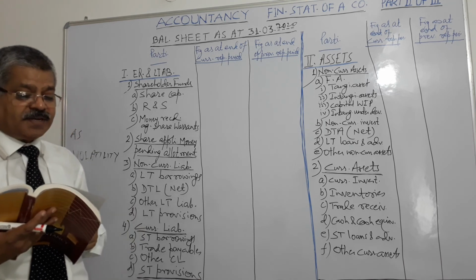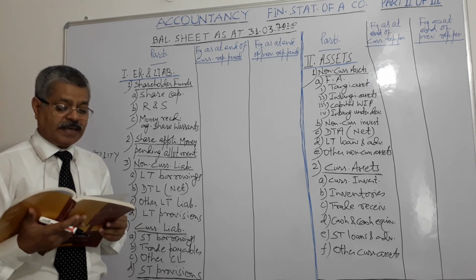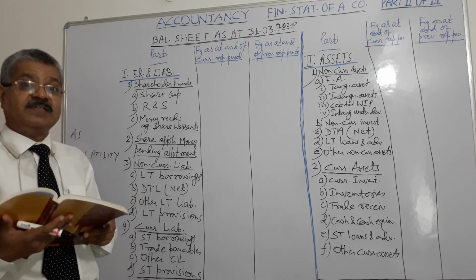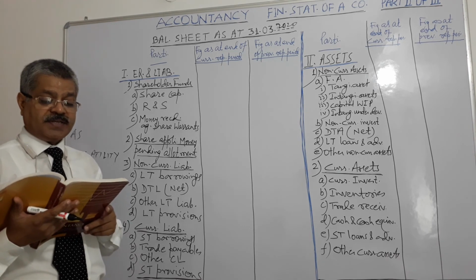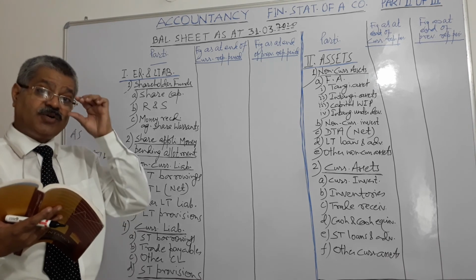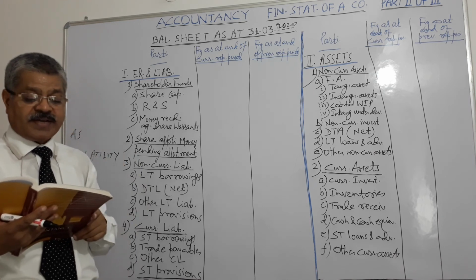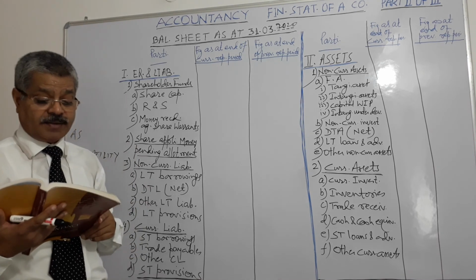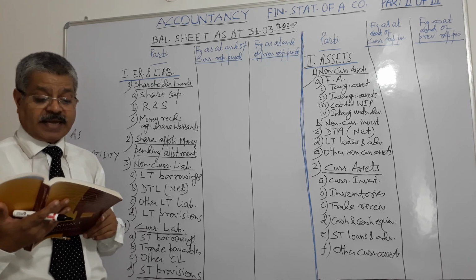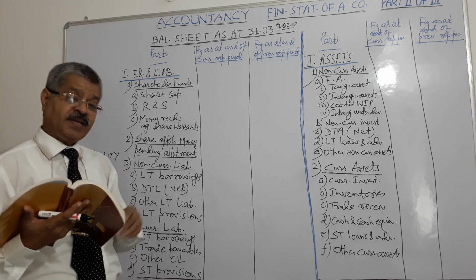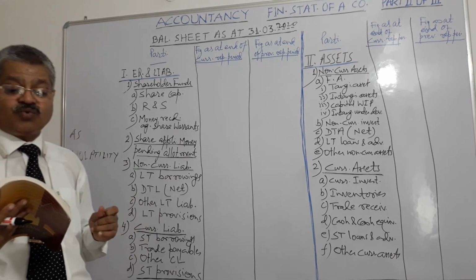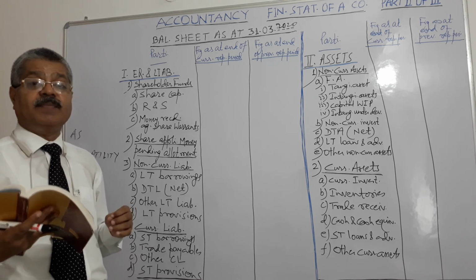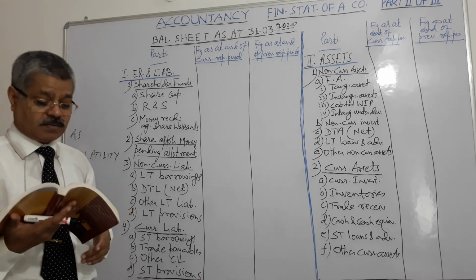Current and non-current classification we can see quickly. An item is classified as current if it is involved in the entity's operating cycle, if it is expected to be realized or settled within 12 months, if it is held primarily for trading, if it is cash and cash equivalent, if the entity doesn't have unconditional rights to defer settlement of liability for at least 12 months after the reporting period. All other assets and liabilities are treated as non-current, right?